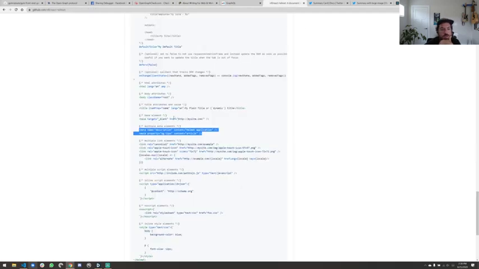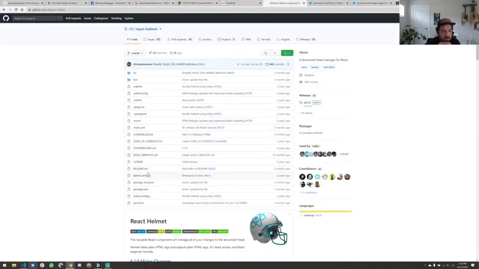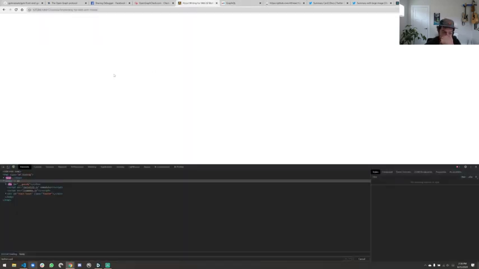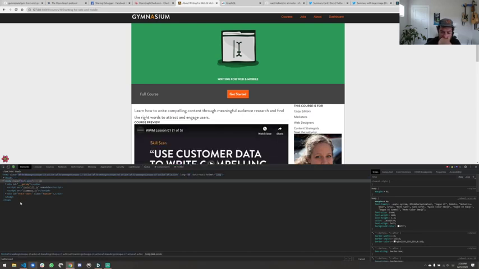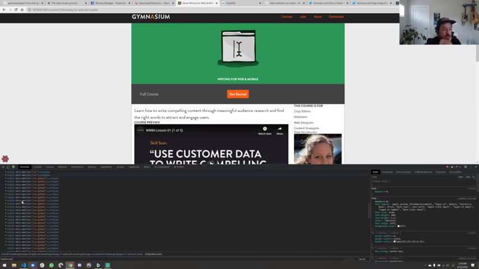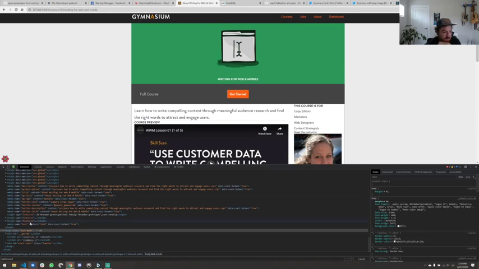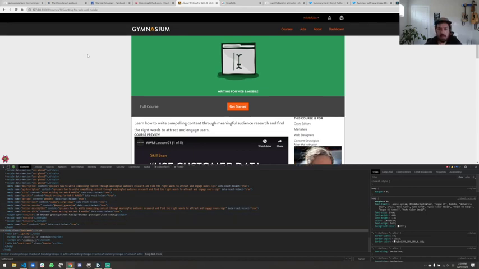If that doesn't work, we're gonna go and look at how Helmet's implementation works. I don't think it worked, by the way. So what we're looking for is why Helmet won't accept a child metadata tag pushed into it.